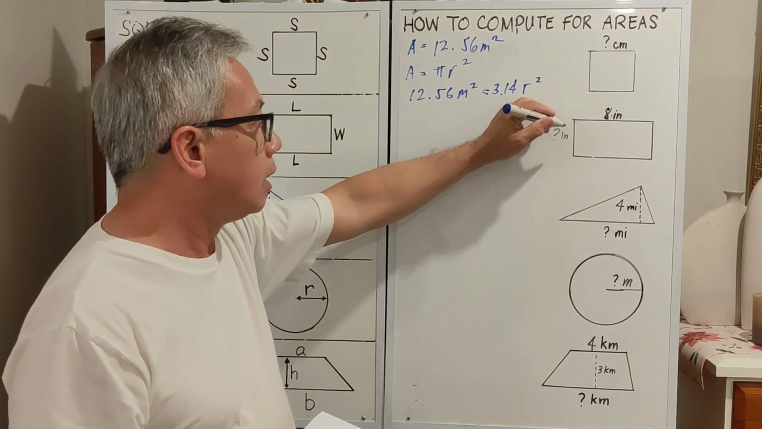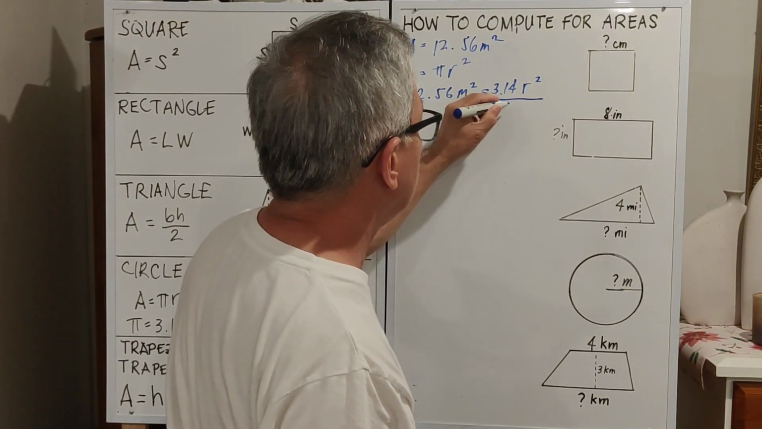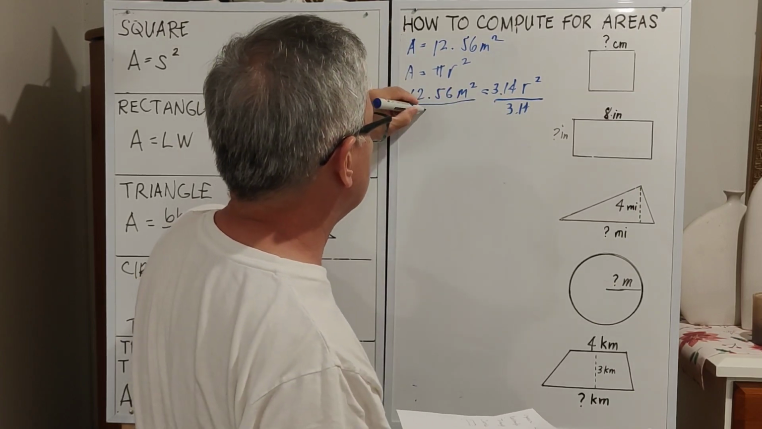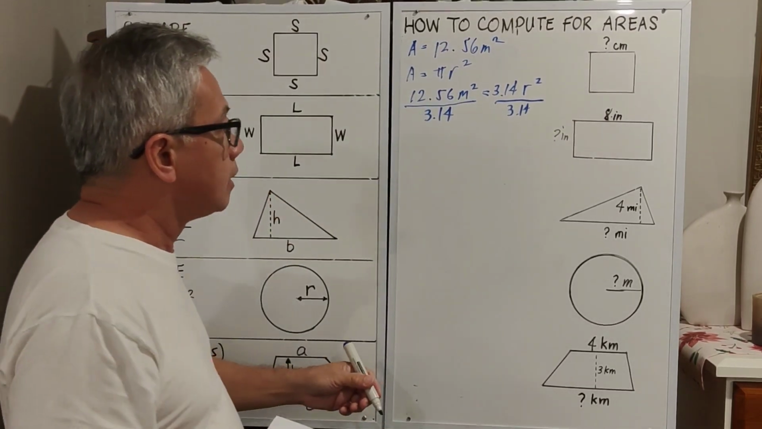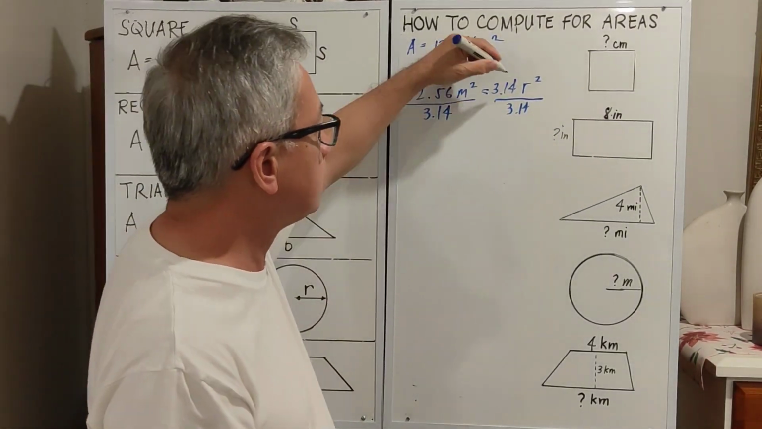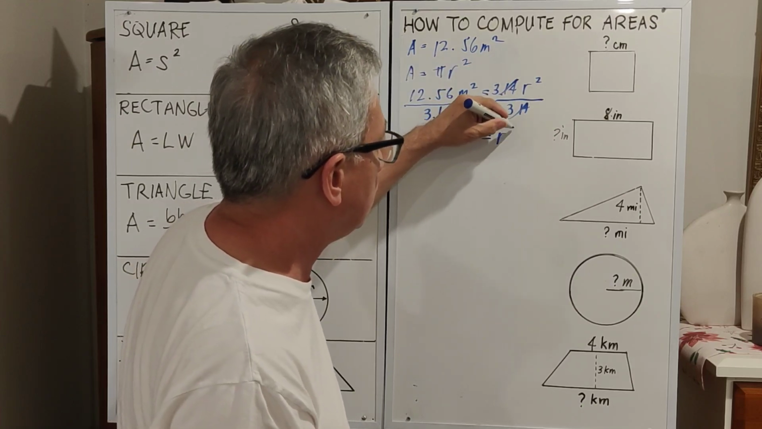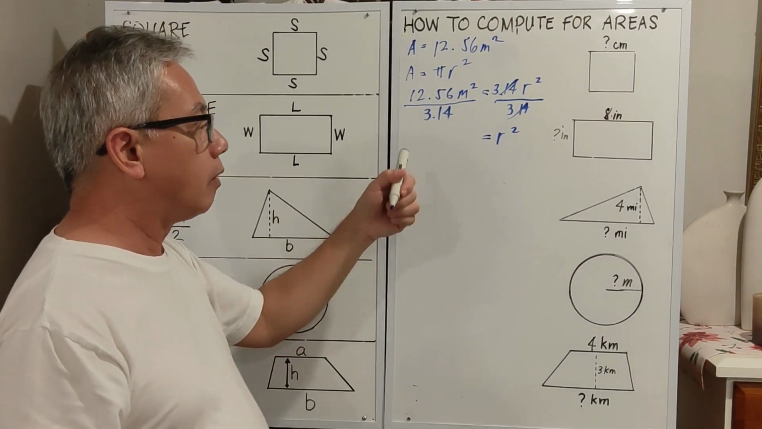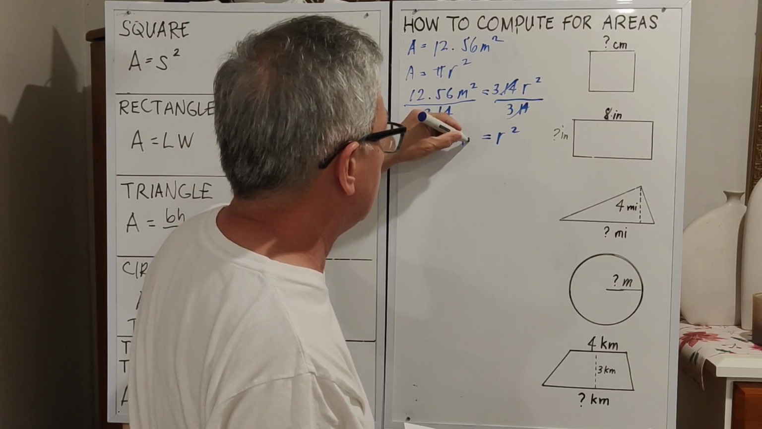So what is with r? It's 3.14, so we need to divide by 3.14. We also need to divide this side by 3.14. If we divide, this one is cancelled, leaving us only with r squared. 12.56 divided by 3.14 is exactly 4 meters